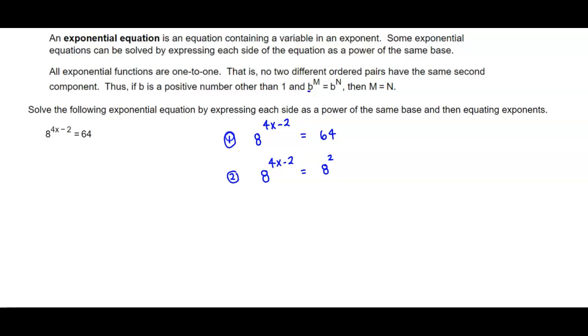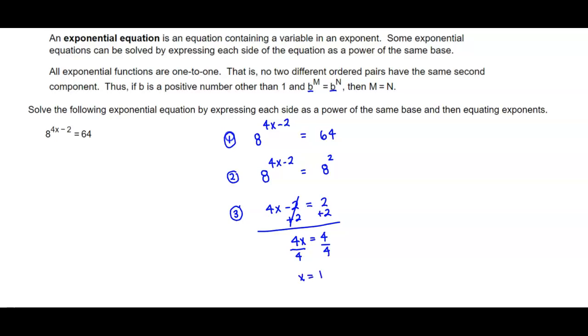Now, if you notice, since b is equal to b, we can say that m is equal to n. So the same thing up here. We're now going to say that 4x minus 2 is going to equal 2 on that exponent. And now we're going to solve for x. So we're going to add 2 to both sides. And so now 4x on the left side is going to equal 2 plus 2, which is 4. And then we're going to divide both sides by 4, and therefore x is going to equal 4 divided by 4,